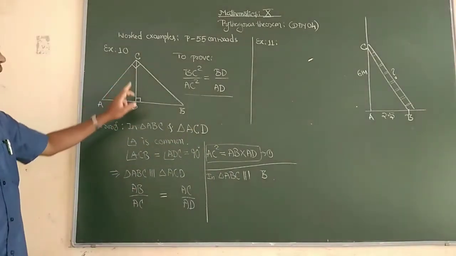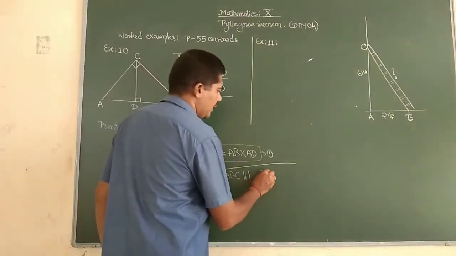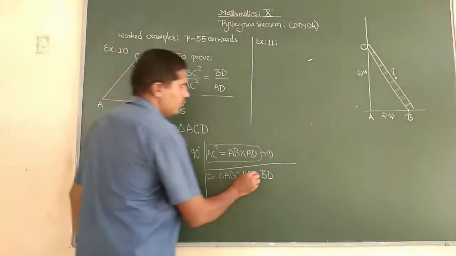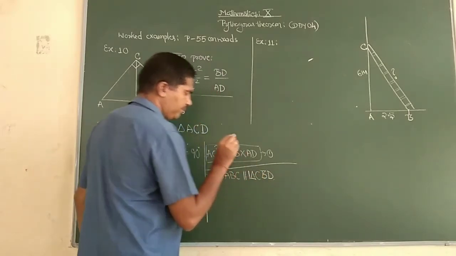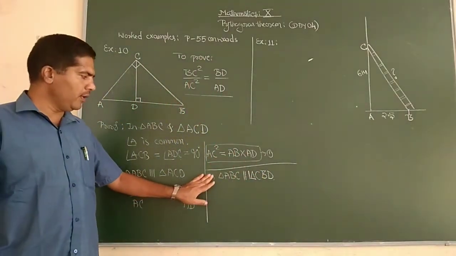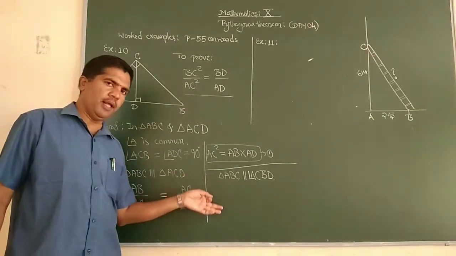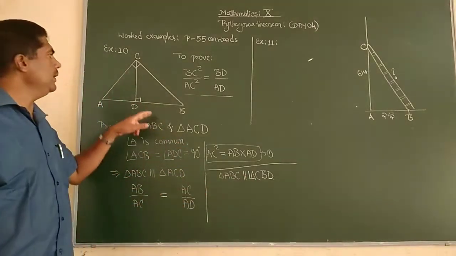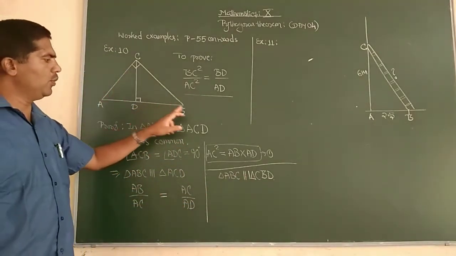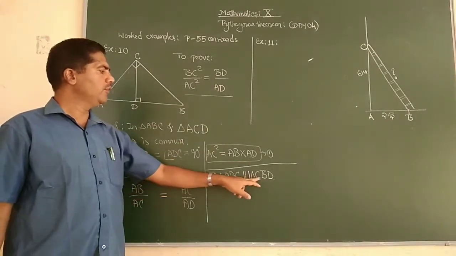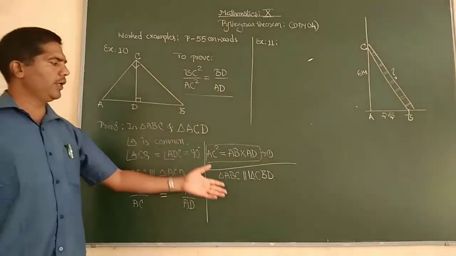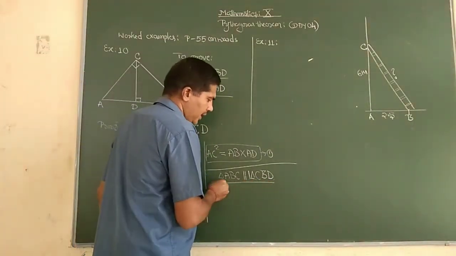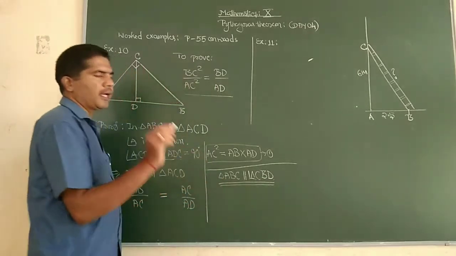Then C is 90 degree, D is 90 degree. So D will come at the end. So it is remaining, C is 90 degree. So C. In both the triangles, again, how will you prove that? Angle B is common. Then angle ACB equal to angle CDB. They are equal to 90 degrees. So from the AA criterion, these two triangles are similar. For that step I have come directly.